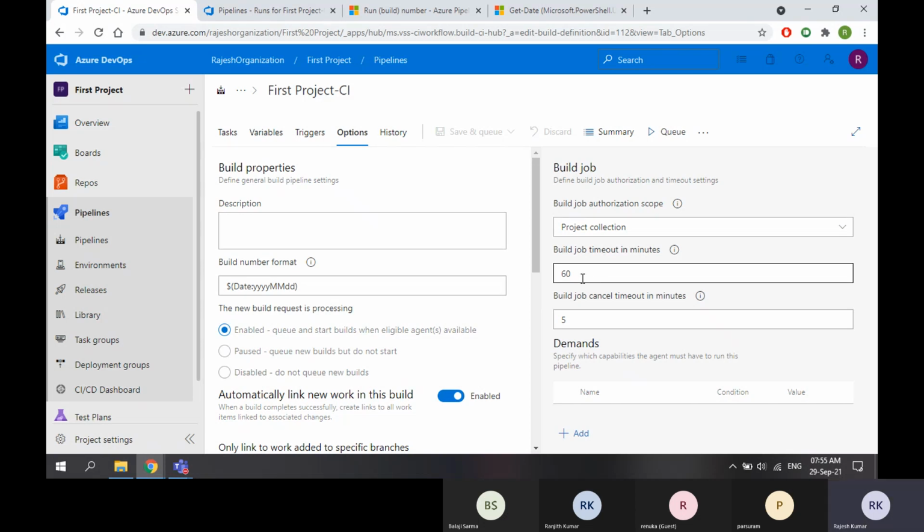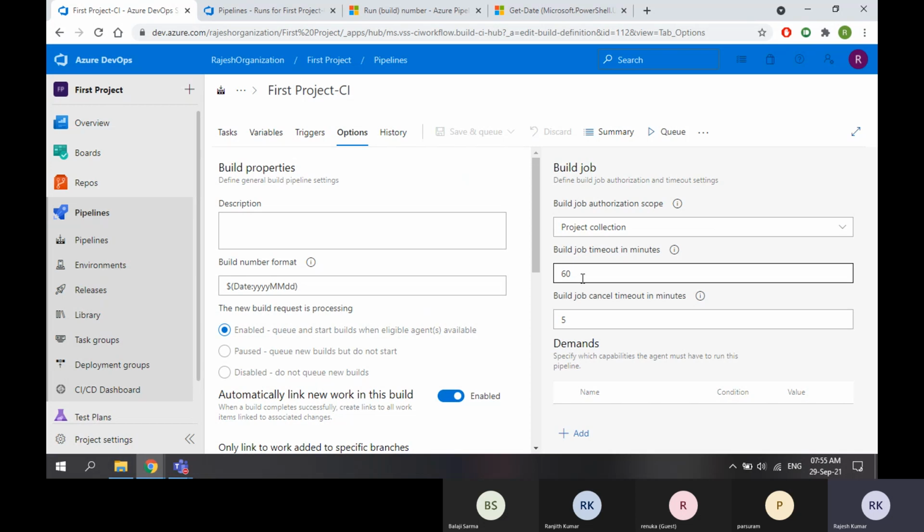But as you are using a free account, we have some limitations on the build time. So what is the limitation? The limitation is 1800 minutes, that means 30 hours. So if the build is running continuously for hours and hours, all your build duration will be completed within 1 day. Whatever free minutes you are getting, those free minutes will be completed within 1 day.